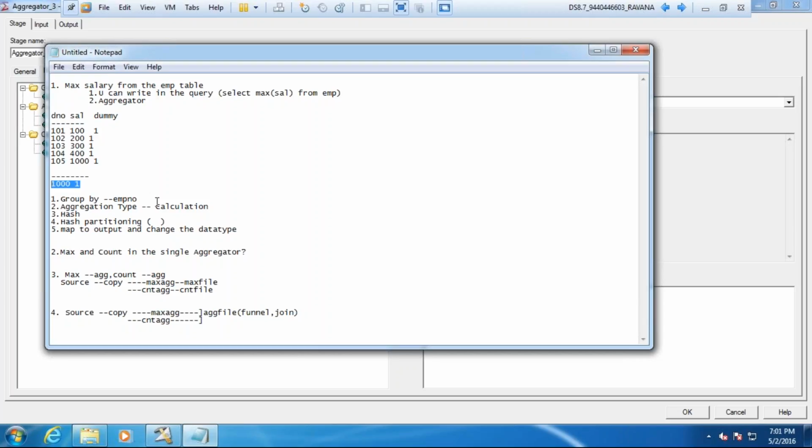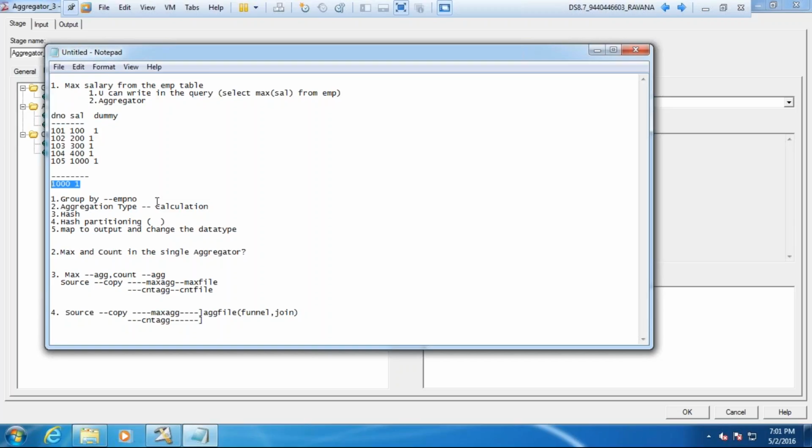Nasim? I'm trying to think how you are explaining it. First of all, you need to understand what is group by. If you understood group by, then it is very easy. Did you understand group by? I got the group by. Then tell me what is group by. Like 100 is one group, 102, 200 is one group. Why is it one group? It comes up to like 5 groups.